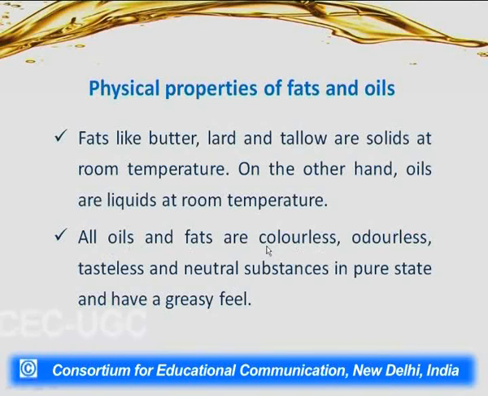So, all oils and fats are colorless, but you will say that sometimes you see the oils are colored, like coconut oil is white, but the oil obtained from groundnut is pale yellow. The oil obtained from soybean is also pale yellow. Then sometimes these oils might have slight odor also, but in the purest state they are all colorless and odorless. So, where from are this color and odor coming?